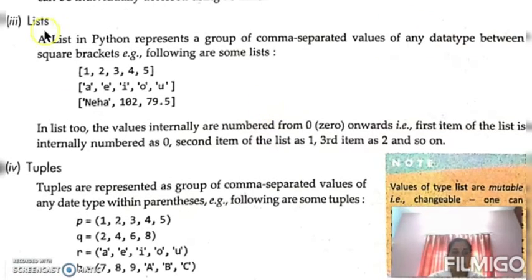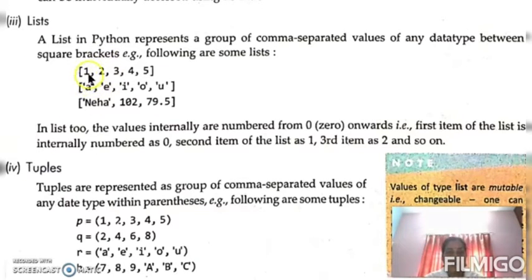Next, third data type is list. You have heard the term list. These are all your first year portions, so you all know; we are revising that topic. A list is a group of elements separated by commas. Here we are using commas. In a list, values are enclosed in square brackets. Look at this square bracket; we use square brackets in a list. Data are stored internally from position 0 onwards. Virtually, data are stored like that.